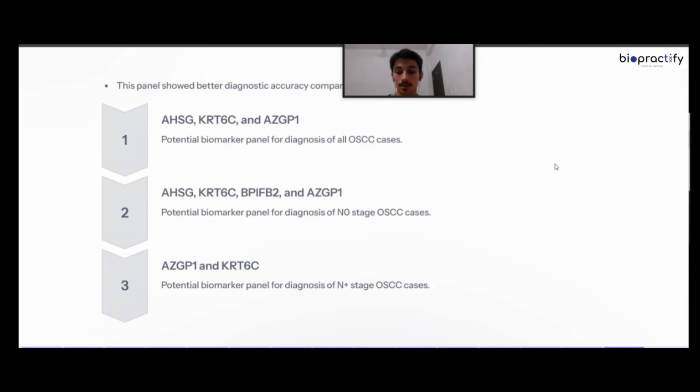So considering the potential biomarkers, with the help of proteomics, OSCC, that is basically carcinoma related to the head and neck region, could be